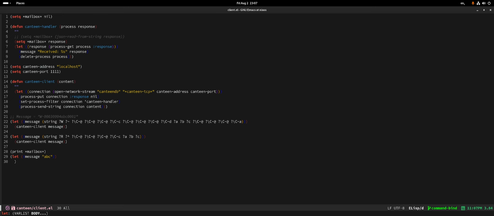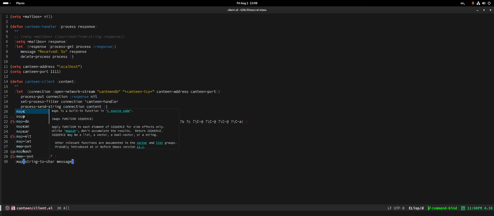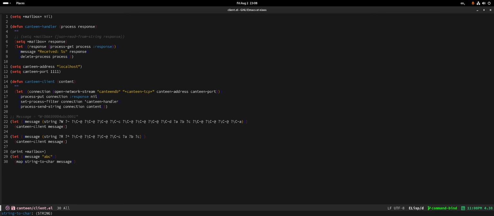Now on the body, try to do a mapcar. Actually, first, open a function and then try to do string to char. Is there such a thing? Oh yeah, that does exist. Okay, so execute a mapcar on this. The string to char is a function you're gonna pass to it, right? Yeah. Mapcar, and then hashtag